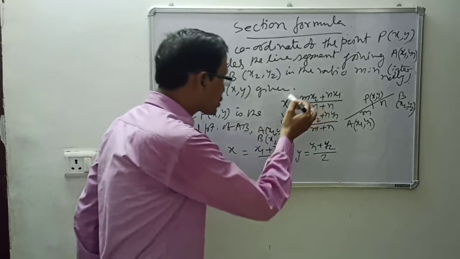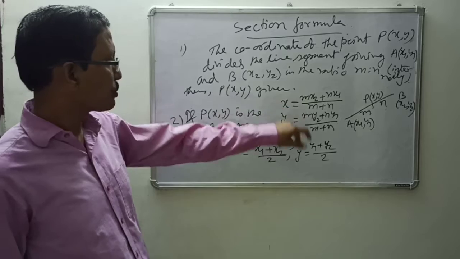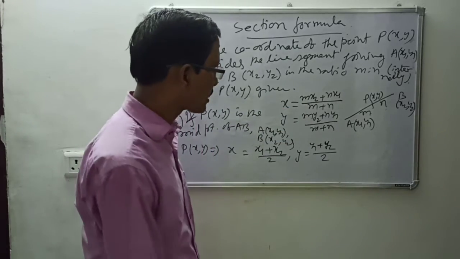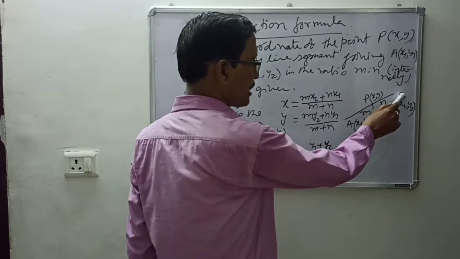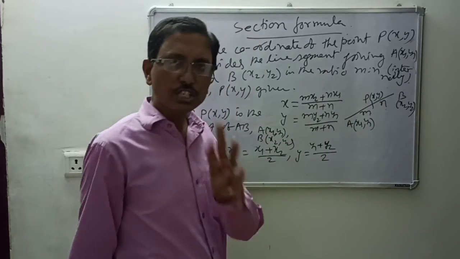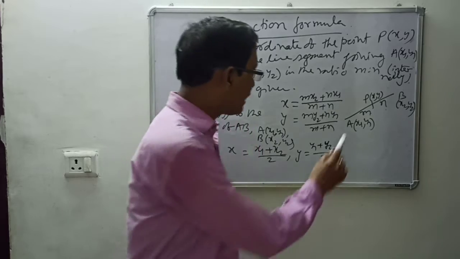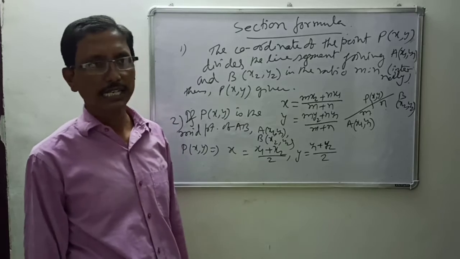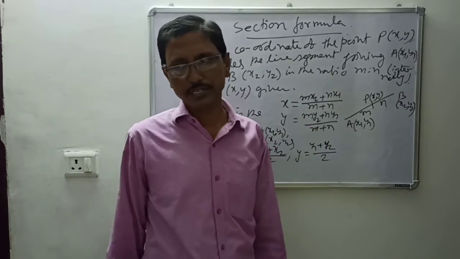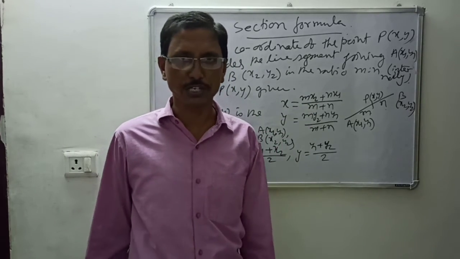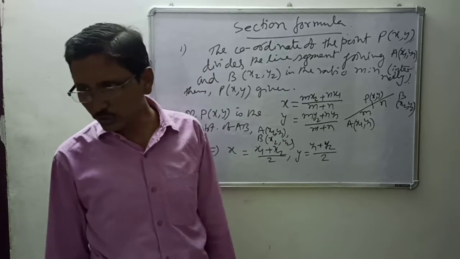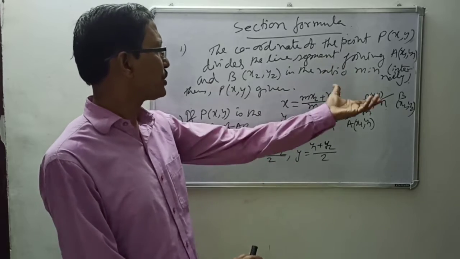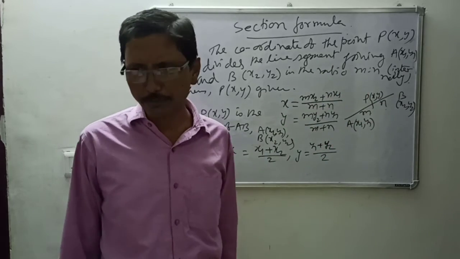In any question, if we look, you have four parts. What are those? A point, B point, P point, the 3 points' coordinates, and the ratio. Out of these 4 parts, any 3 will be given. You have to find the 4th one. So first of all, for this type, simply when the points and ratio are given, you can find the middle one.